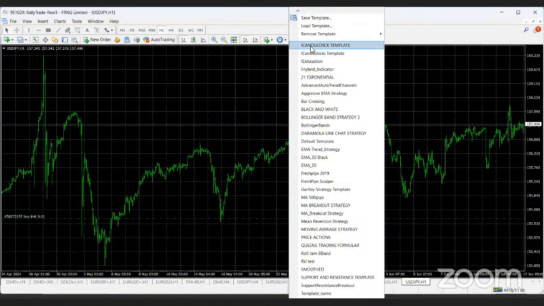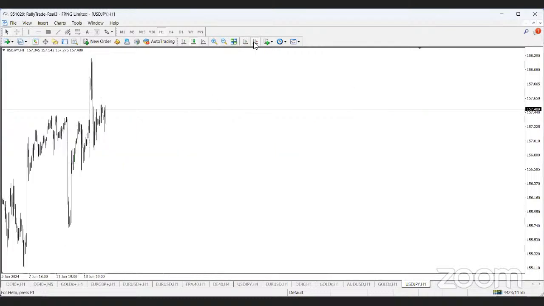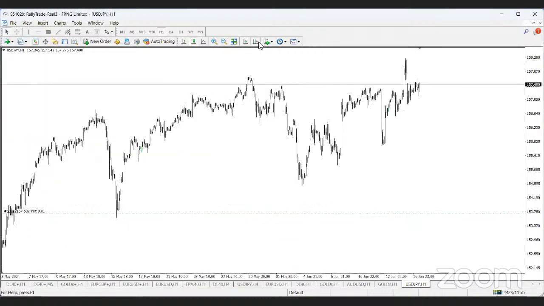So if I go to here and I put my chart on candlestick like so, I can zoom in a little bit and then do some analysis. Now, the cheapest analysis I can do is the trend line strategy. You all know it. If you don't know it, you can go to YouTube and search trend line strategy. And if you go to our YouTube channel too, you should be able to see some videos that myself and Razman did to teach people how to use trend lines to make money.